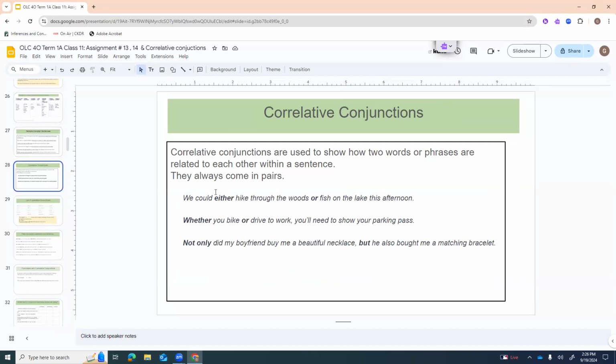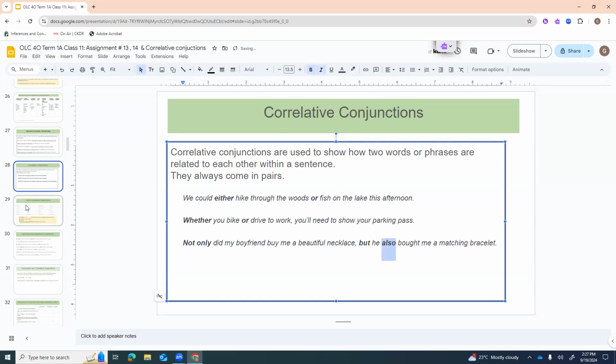We could either hike through the woods or fish on the lake this afternoon. The moment you see the word "either," it's a clue that there's going to be a choice word later on, okay? Whether you bike or drive to work, you'll need to show your parking pass. "Whether" is another one that gives you a clue. There's going to be a choice. You're going to need to look for that second choice. Not only did my boyfriend buy me a beautiful necklace, but he also... the "but also" is another pair